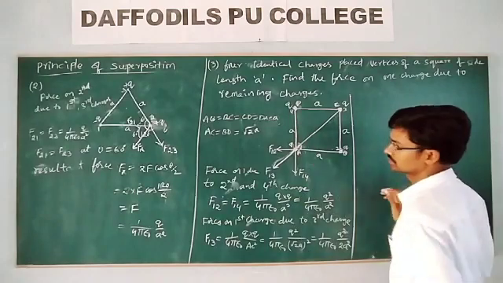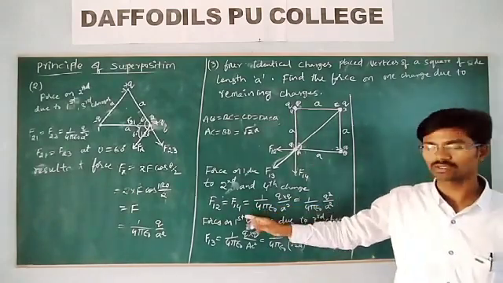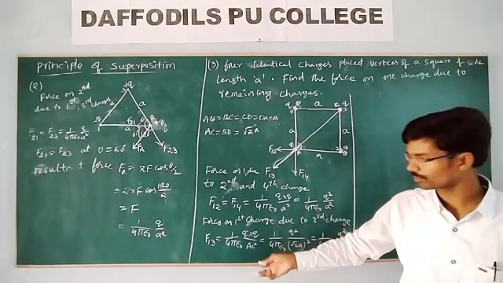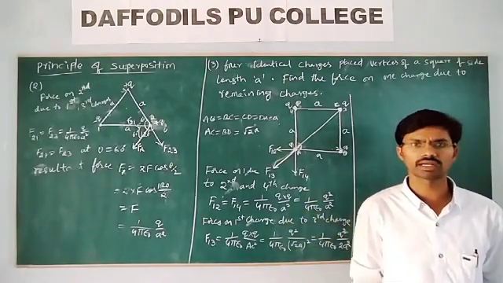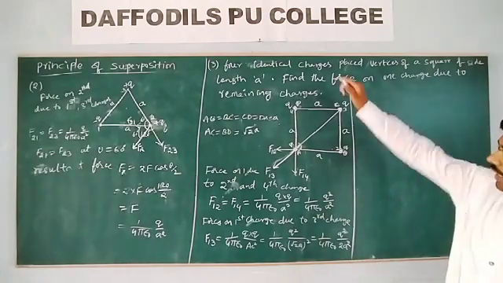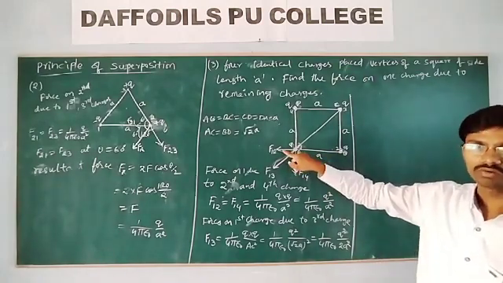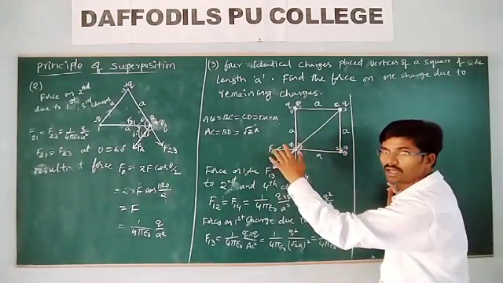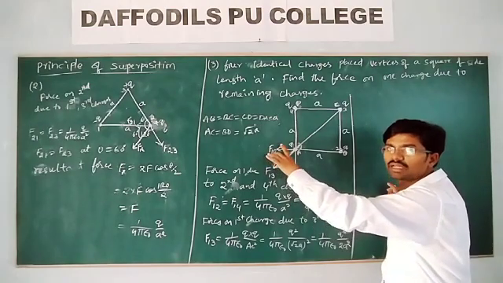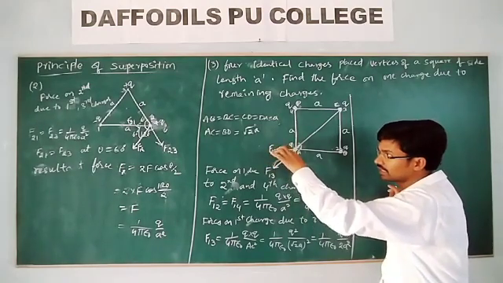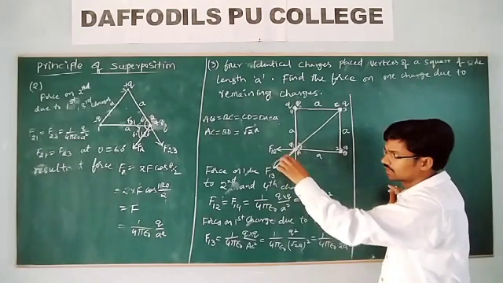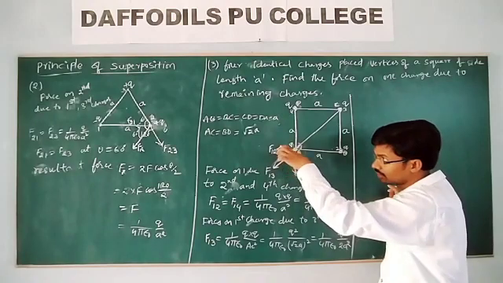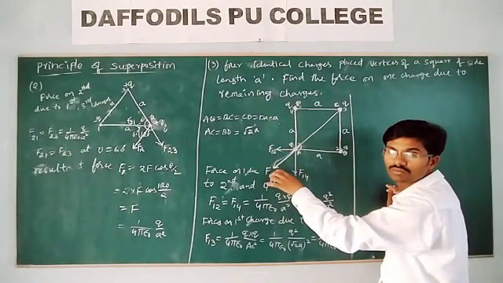Now let me write here. We got three forces F12, F14, F13. Then how do you get the resultant force? Do you add F12 plus F14 plus F13 directly? You should not add directly. Then what we have to do? We have three forces, so first we need to calculate F12 and F14, which are perpendicular to each other. Now you calculate the resultant of these two forces. Thereafter you calculate the resultant with the third one. Is it okay?